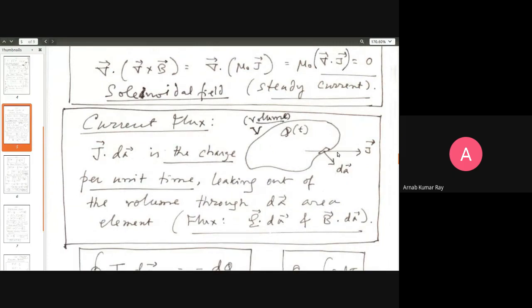This was the point where we ended. Let us resume that discussion. So you have a volume in space that contains charges. At any given point of time, t, the amount of charge